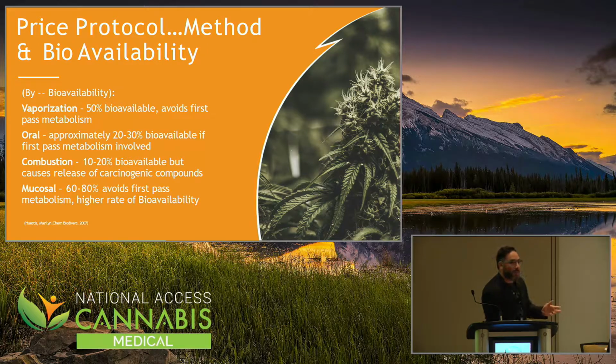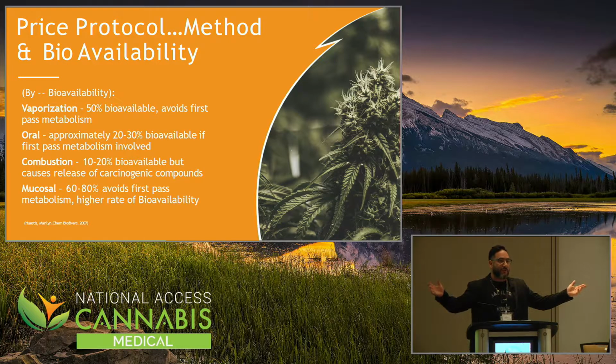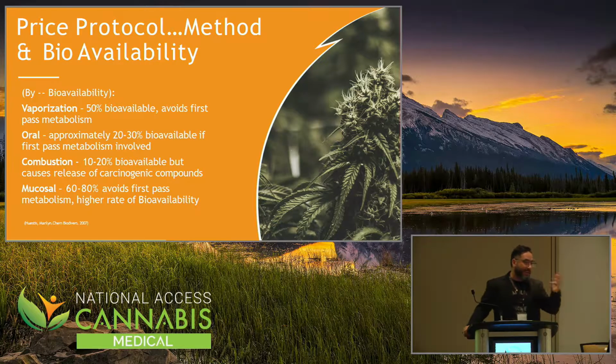Then combustion, which is people's number one way. We spoke about it yesterday, because the number one reason why people like to combust, 1, it's easy. They think they're going to save a lot of money this way. So as soon as you tell them you're only getting 10 to 20%, or even 10 to 15% of the actual stuff you're using, just buy a vaporizer, you save your money within a month. It's a pretty easy sell at that point in time. But also combustion's just bad, right? We spoke about, do you tell your people to freebase their Percocet? No. So don't tell them to combust. It's kind of like the same idea.